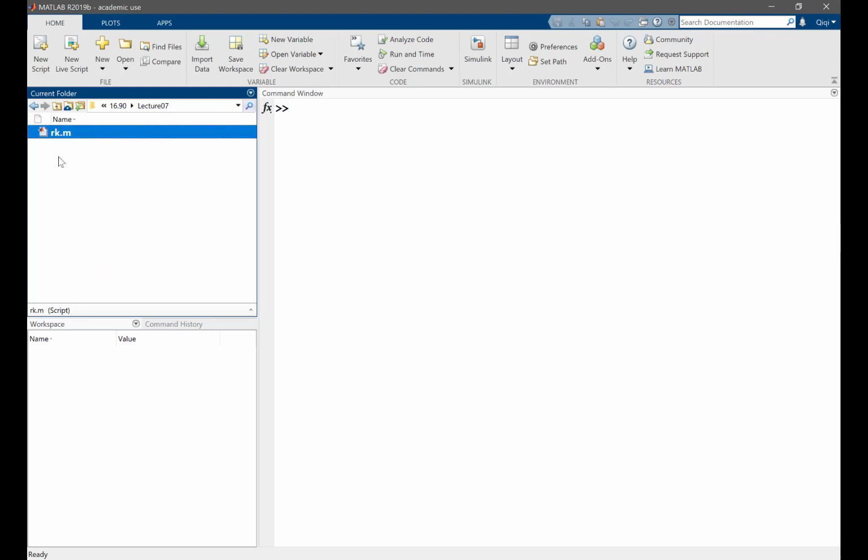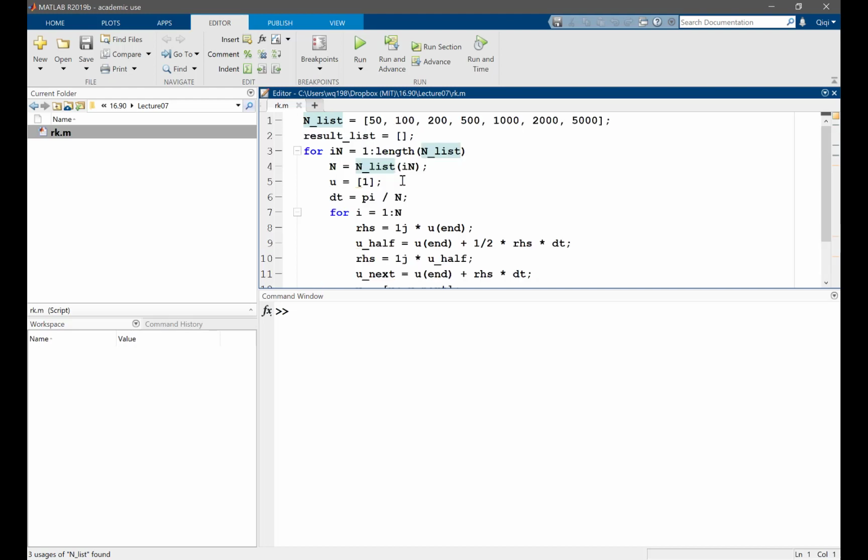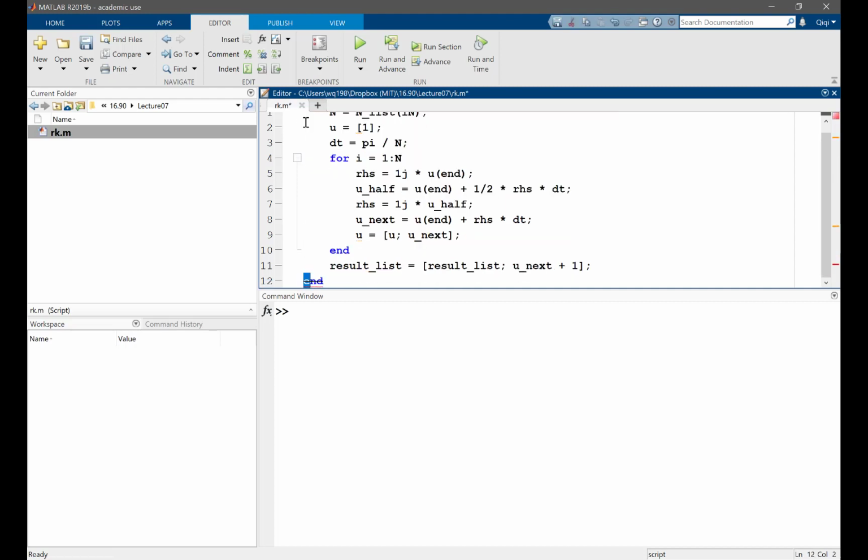from the previous lecture and paste it here. That's actually the RK2 scheme, right? And well, the only thing we have to change is the right hand side. Okay, let's actually get rid of the n list, and we'll just choose n equal to a definite number. So